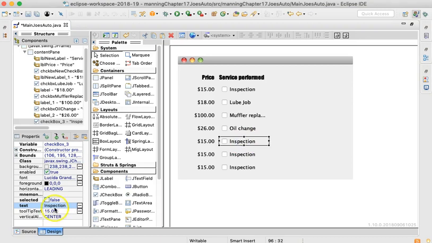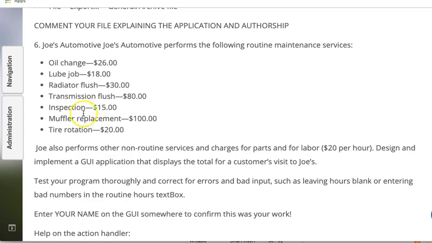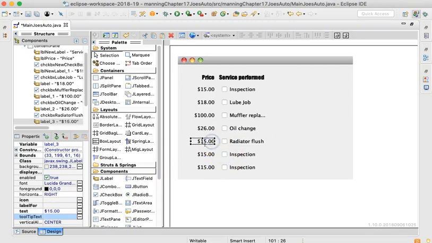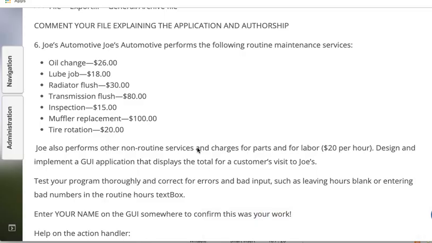Then it's the radiator flush. Feel free to fast forward anytime. I won't know. Oh, and the label 30. Okay, back to here, radiator flush 30, and then